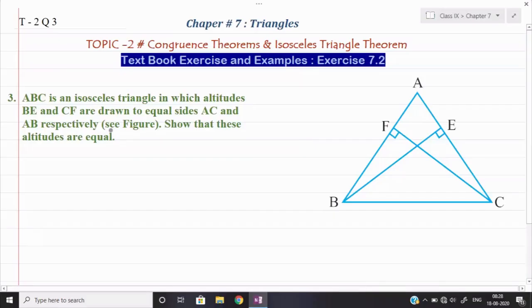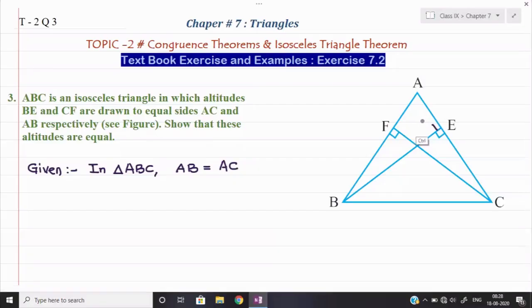First of all, we'll write down the given things. As I told you, two things are given to us. In the given, we will mention in triangle ABC. There are many triangles in the question, but in major we can say the triangle ABC is given to us. So in triangle ABC, first of all, side AB is equal to side AC. It is given to us. You can mention BE and CF are altitudes, but here what I am doing, I am taking the name of this angle.